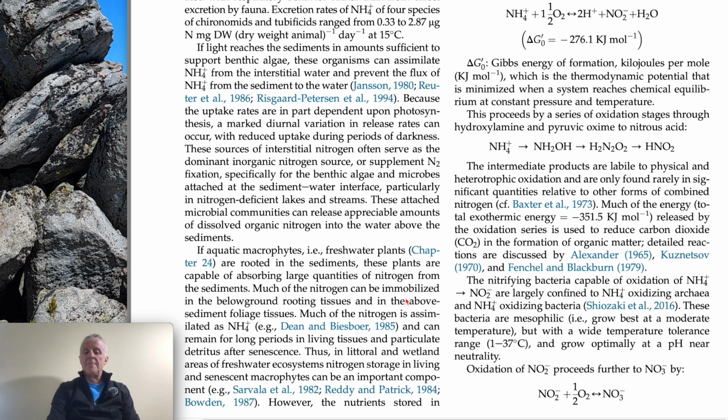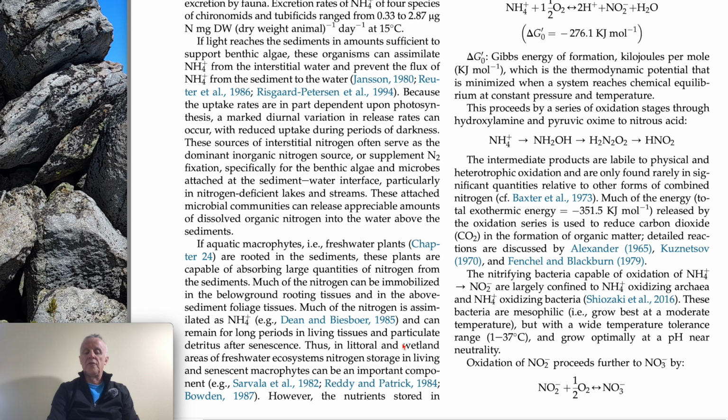Much of the nitrogen can be immobilized in the below-ground rooting tissues and in the above-ground foliage tissues. Much of the nitrogen is assimilated as ammonium and can remain for long periods in living tissue and particulate detritus after senescence. Thus, in littoral and wetland areas of freshwater ecosystems, nitrogen storage in living and senescent macrophytes can be